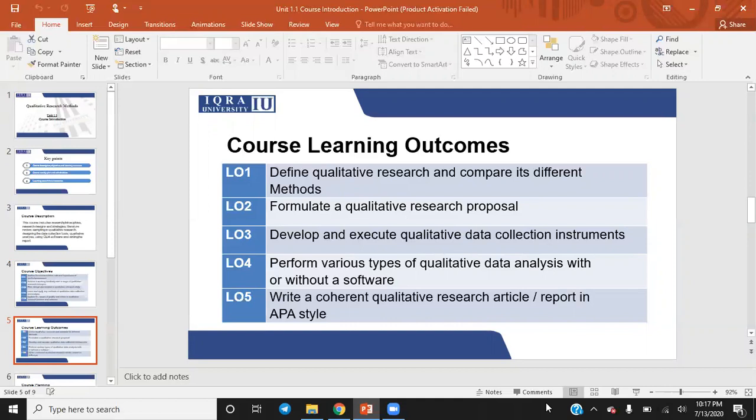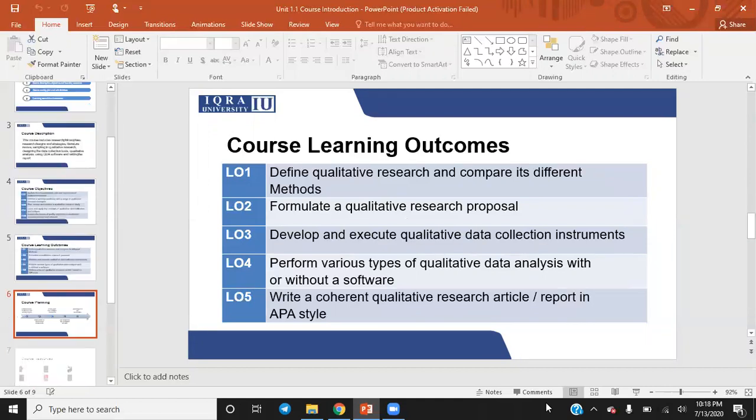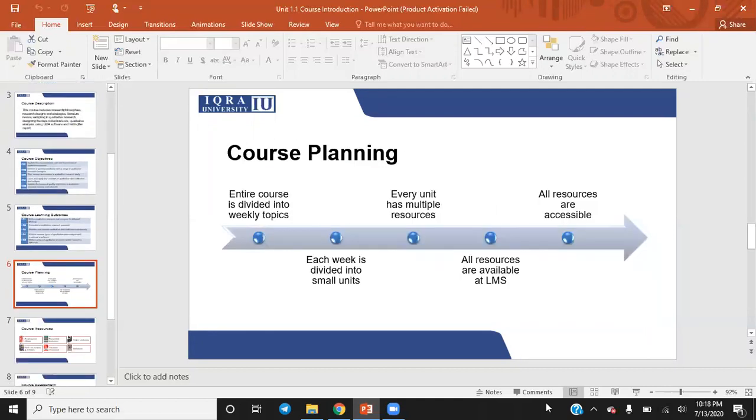Usually, we don't use a software in qualitative data analysis, but sometimes there are a few softwares that you might use. Along with that, you will understand how to cite and give a reference in the APA style, which is mostly used in your thesis and in other assignments as well.